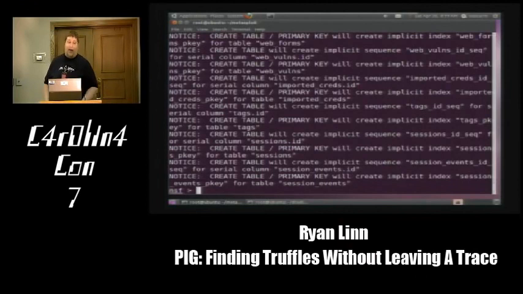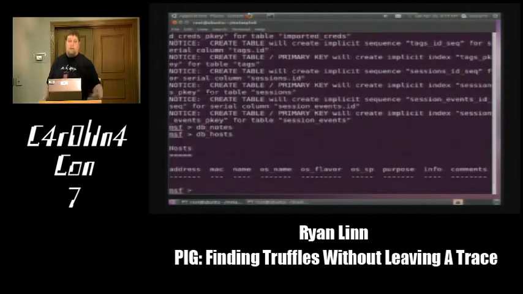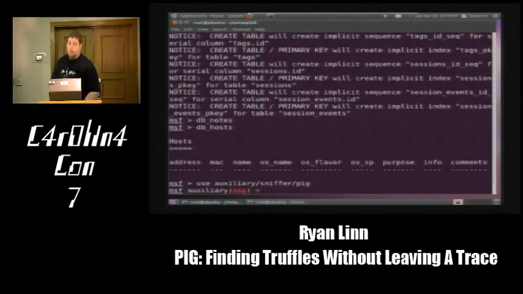So now we have our database stuff created. We can verify there's nothing in it. And so right now it is empty. The module that I wrote is called Pig. It is in the auxiliary tree under sniffer and Pig. This is not yet in Metasploit.